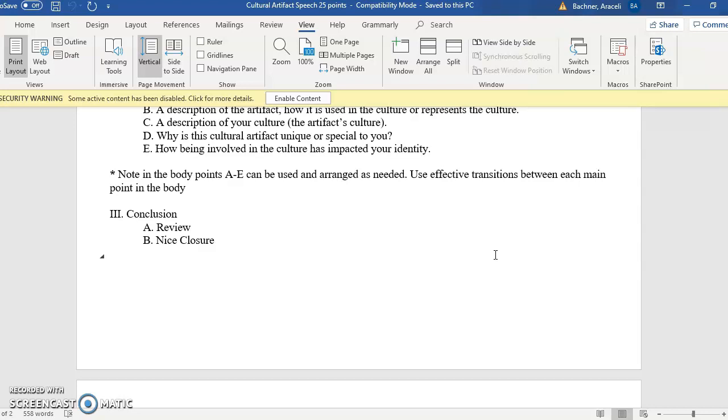Okay, so in 15 minutes, I basically have explained to you the cultural artifact speech and the cultural resume. Both assignments are equivalent to a midterm grade, and both